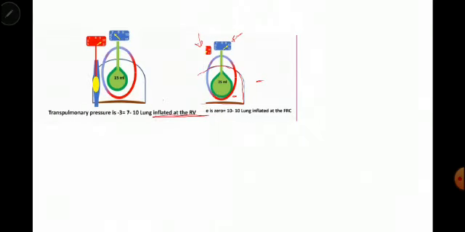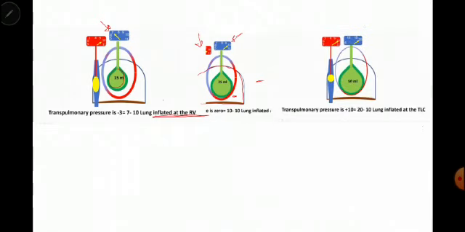But if we apply a pressure, let's say 7, which is less than the transpulmonary pressure, the alveoli will not be inflated enough and not recruited enough and will collapse, and this will affect the gas exchange and the ventilation. If we apply a pressure higher than the transpulmonary pressure, let's say 20, the alveoli will be hyperinflated, and the hyperinflated alveoli will affect the perfusion in the arteries surrounding these alveoli, and this will affect the autosaturation and the blood pressure. So how do we know